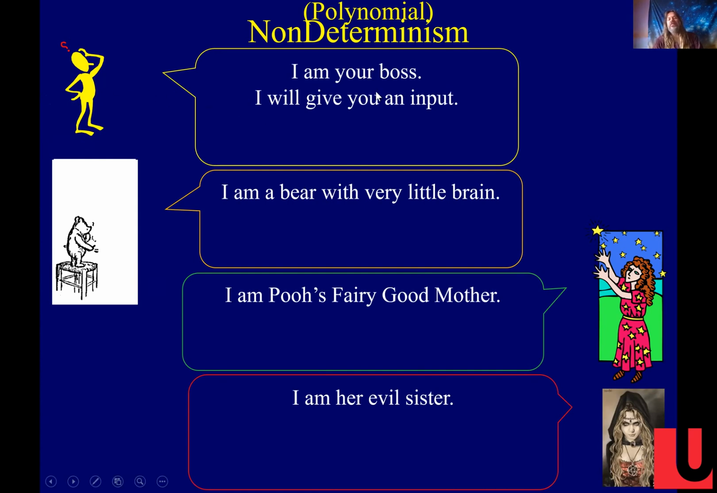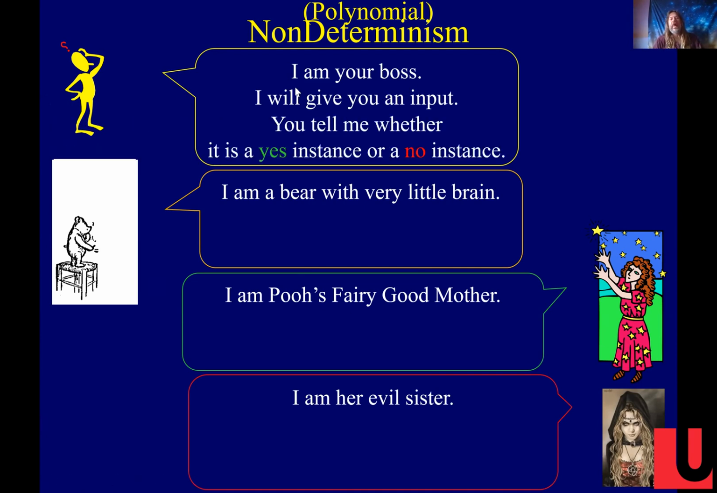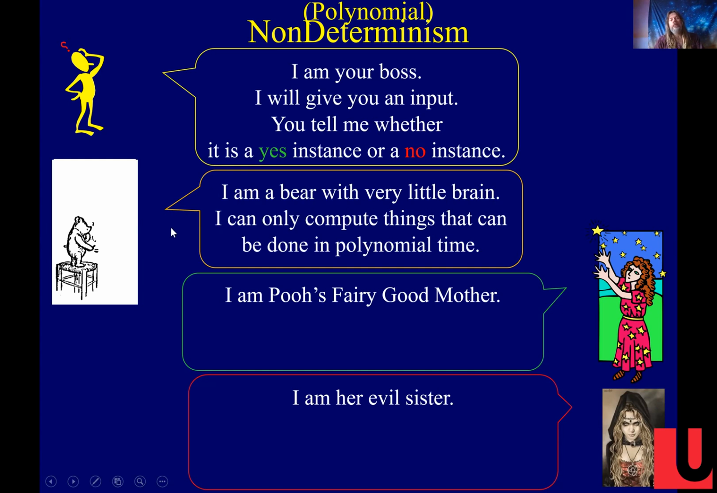As I said, the boss's job is to announce what the input is, and Pooh Bear is going to have to say whether it's a yes instance or a no instance. There's some language that we're trying to decide, and each instance is either a yes instance or a no instance. Right, so poor Pooh Bear here. Right now I'm talking about non-deterministic polynomial time, just to give you a flavor for what we're doing. In that world, Pooh Bear is limited because